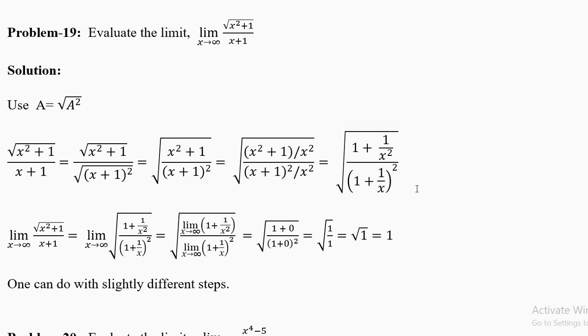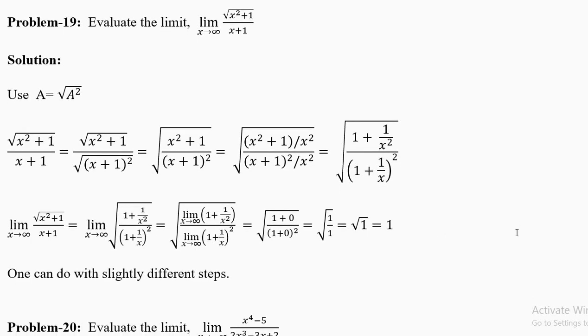You have to do some algebra in all your calculus questions, sometimes in the beginning of the question, sometimes at the end of your answer. So you can write this like this. Now take the limit, take the up limit, take the down limit. 1 plus 0, 1 plus 0 whole square. This is 1, this is 1, square root of 1 is 1. Take the positive square root. This is how you will be doing it.